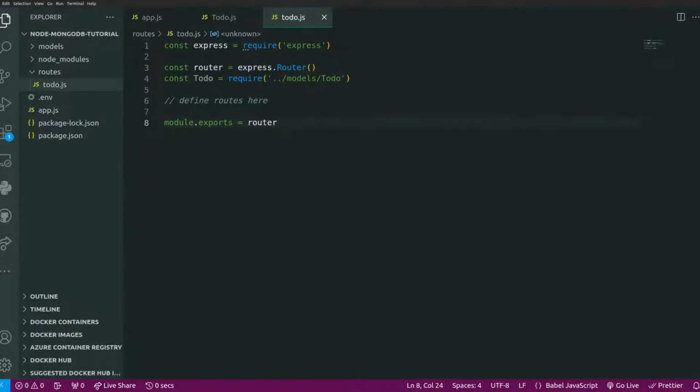So what we're going to do now is create our routes inside here, where I've already said define our routes here. So we're going to create two routes. The first route is of course for posting and getting and everything. So let's first of all start with creating a new todo. For you to create a new todo, you're going to just use